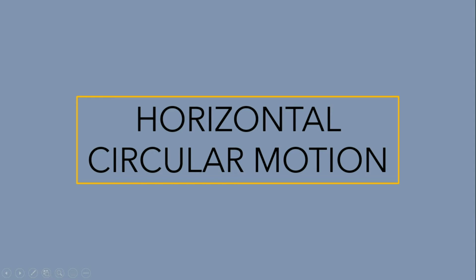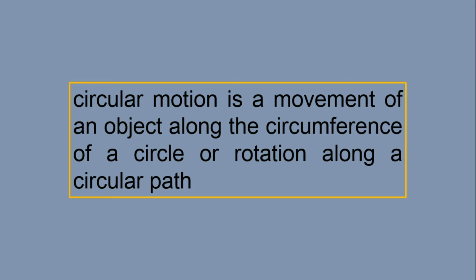So welcome to our topic on the horizontal circular motion. This is under a uniform circular motion. So uniform means uniform yung ating velocity. In a circular motion, it is a movement of an object along the circumference of a circle or rotation along